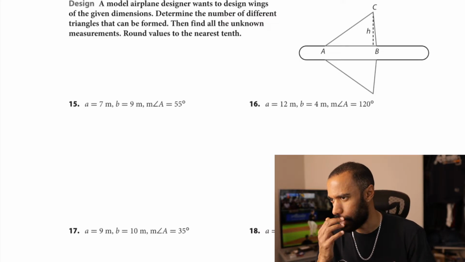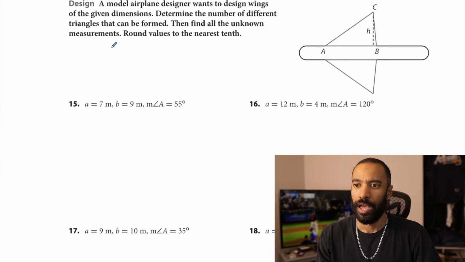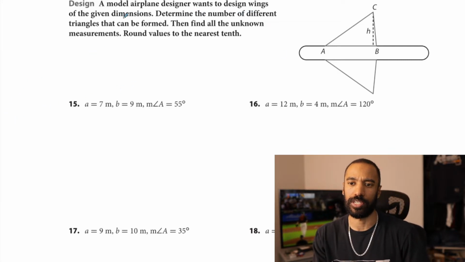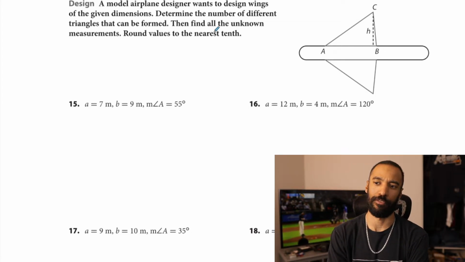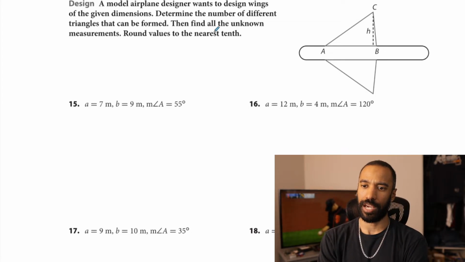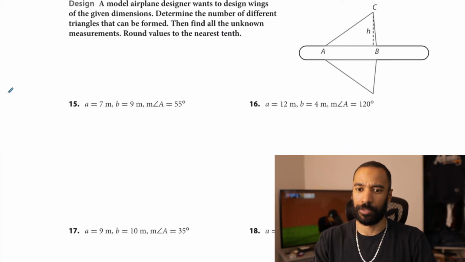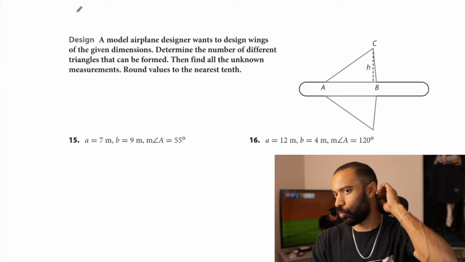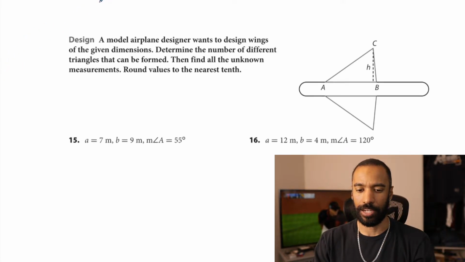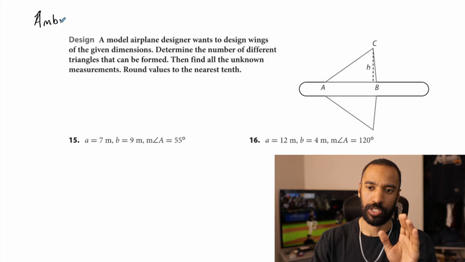There's a little more to talk about here, and I really wish I designed a toolkit for you beforehand. A model airplane designer wants to design wings of the given dimensions. Determine the number of different triangles that can be formed, then find all the unknown measurements, round values to the nearest tenth. So this stuff gets a little different, and I don't know how much I want to draw from the onset here. I know I really want to provide a toolkit for you. I'm sure that they're online. If you Google ambiguous case